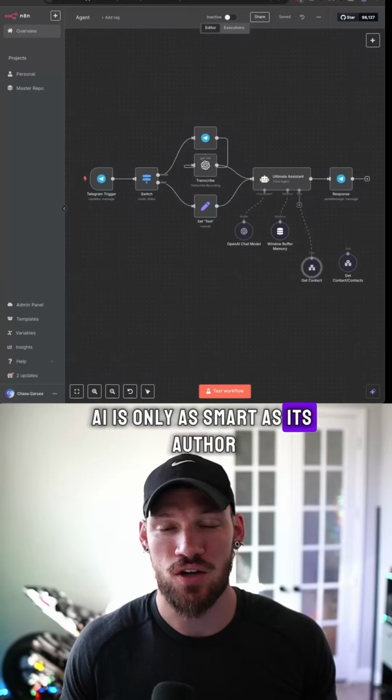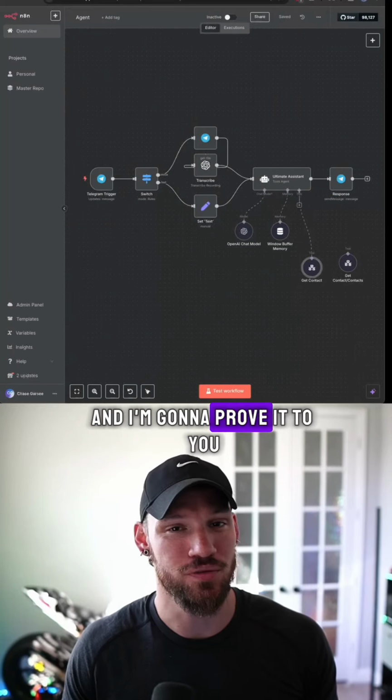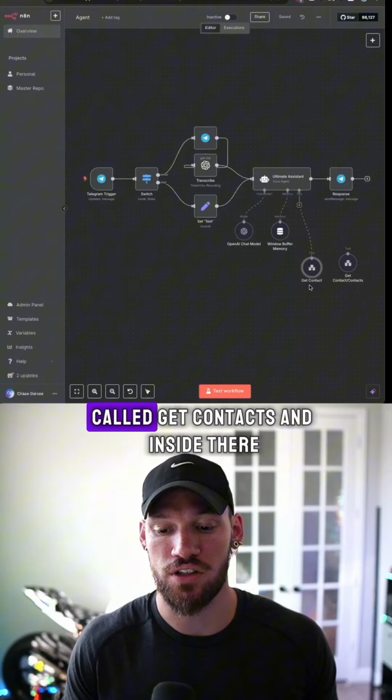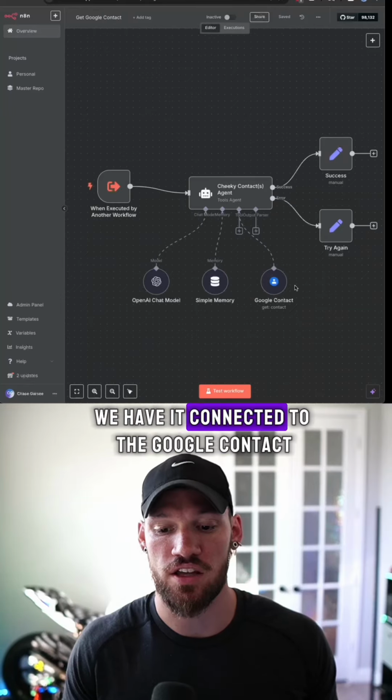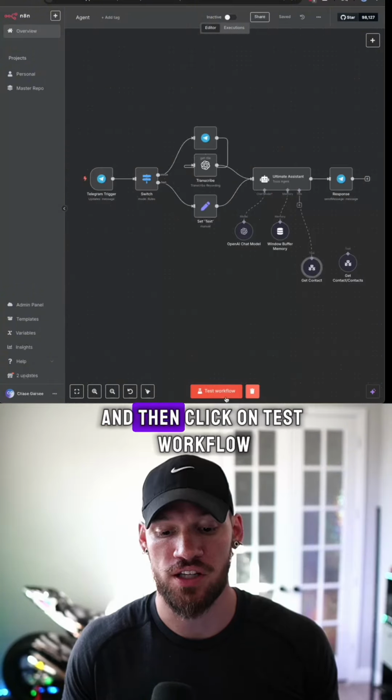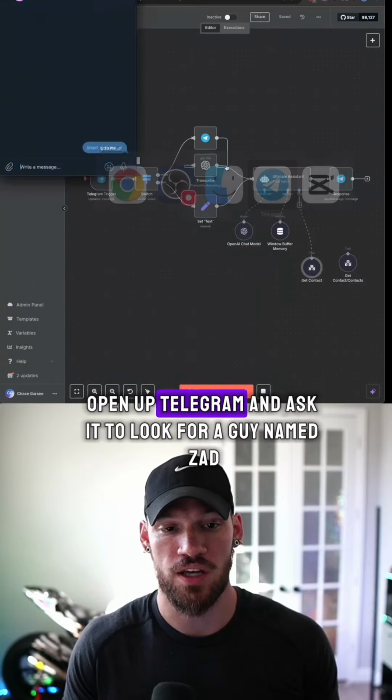AI is only as smart as its author and the tools that it connects to, and I'm going to prove it to you. So I have this simple AI agent that connects to a sub workflow called Get Contacts. And inside there, we have it connected to the Google Contact Get Contacts node. So if we go back into our parent workflow and then click on Test Workflow, open up Telegram and ask